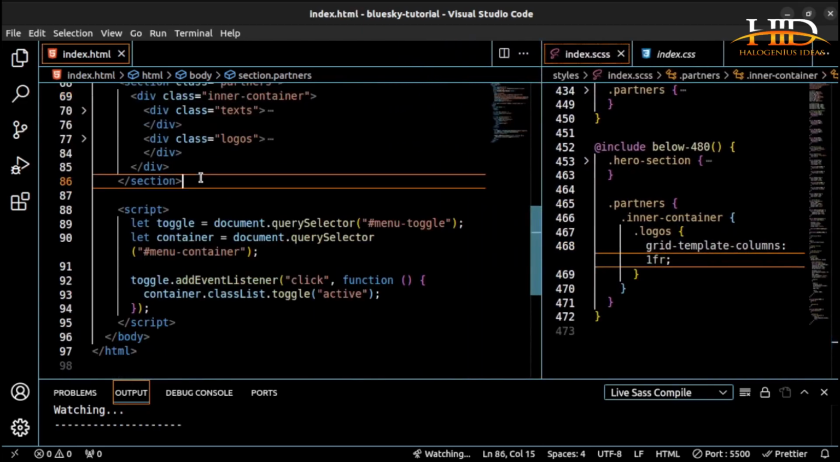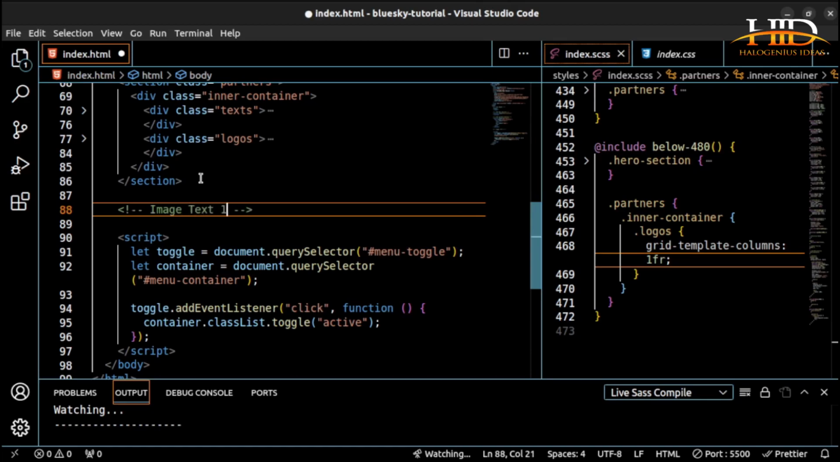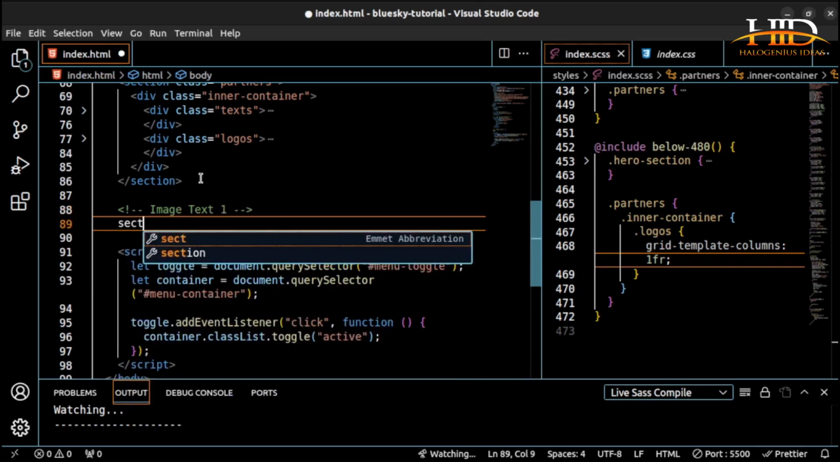So I'm going to be having 3 image texts. Dot image text. Okay, it should be section dot image text 1. Yes. So I'm having a section. Then for this section, I'm going to be having